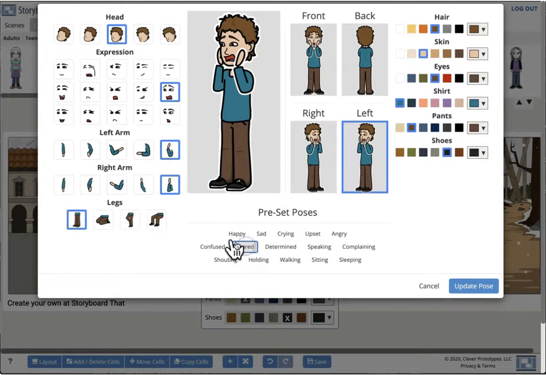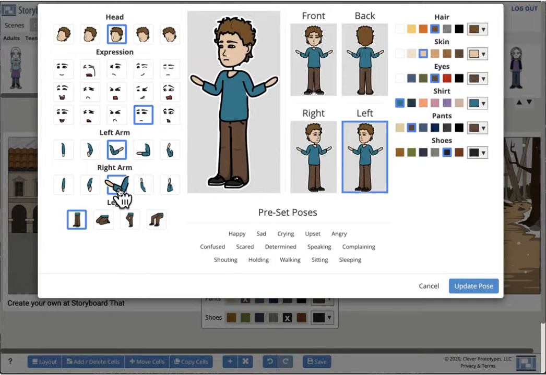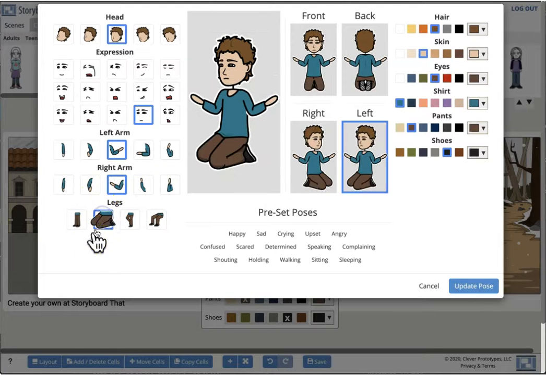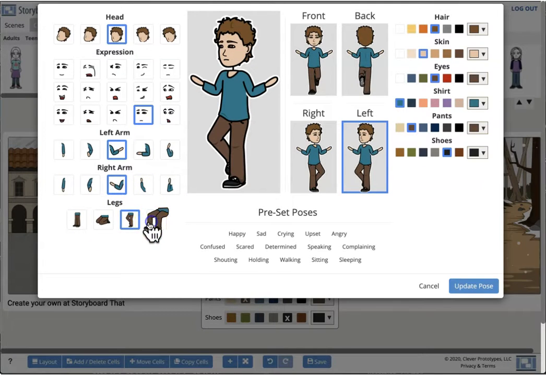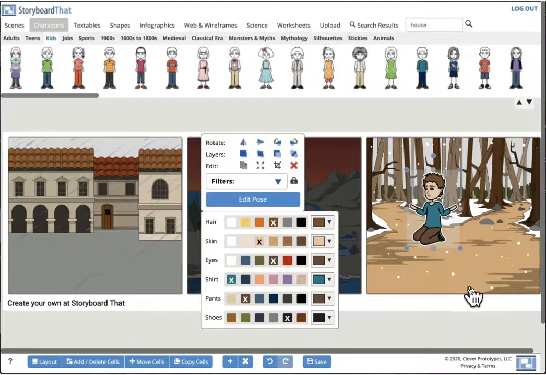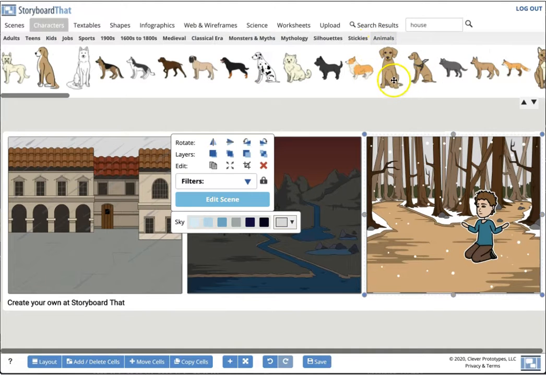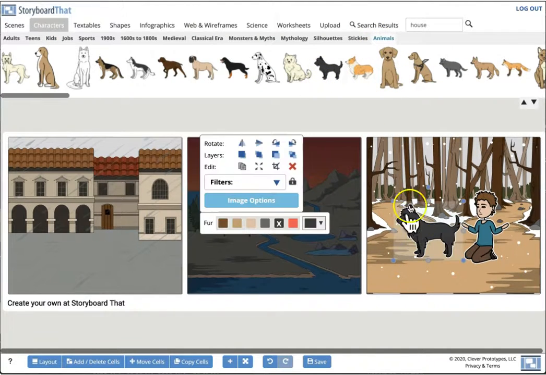So these are already preset, but if you want to do your own, you're welcome to do your own. Maybe you want him to have this look, but one arm down, okay, or both arms like that, like that. So you can change all that around and you can have him walking, or sitting, doing any of those things that you want him to do. So that's how you would do with these. Maybe he's with his dog. So I could just go to animals, and here's a dog I'm going to put in, but I want this